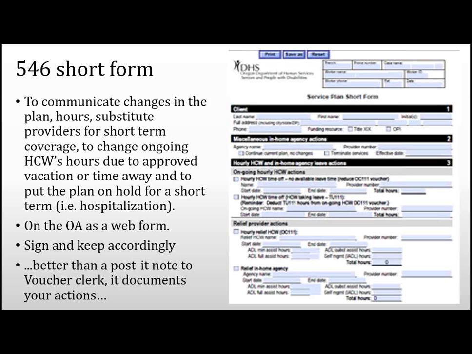So, some questions. If we do our own vouchers, do we still need to file this? Meaning the 546 and the 546 short form? If that's what you're referring to, Sarah, yes, because